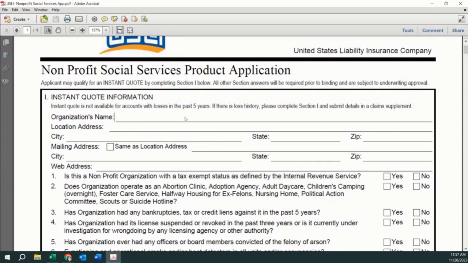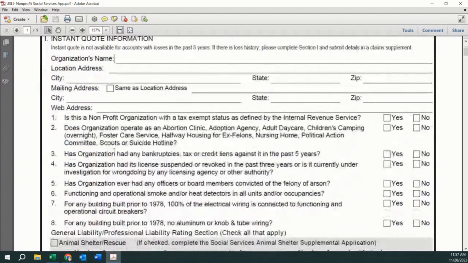So you're going to want to put your company name here, the location, mailing address. This is very basic. Your web address. This is important because the underwriter is going to go and look at your website and try and figure out what they're actually insuring. So if you're telling people on your website that you deal with everyone and anyone,